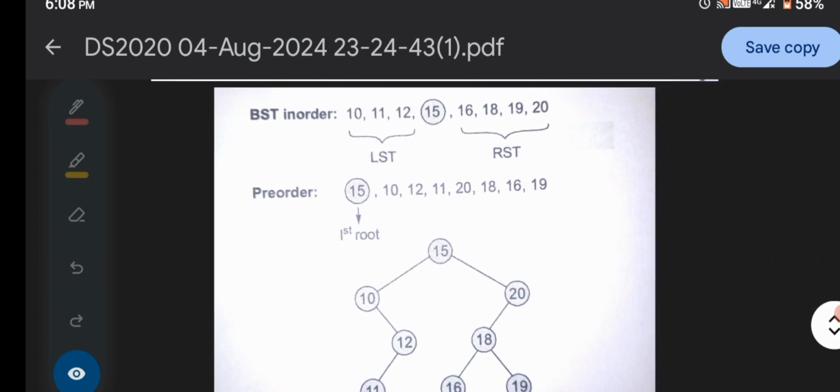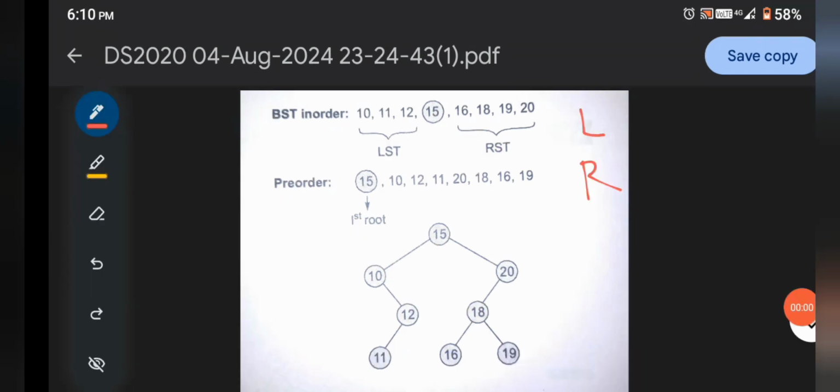In the case of the binary search tree, we know very well the in order is increasing order type. In the case of in order, firstly we call the left, then root, and then right. And in the case of the pre-order, we firstly call the root, then left, then right.